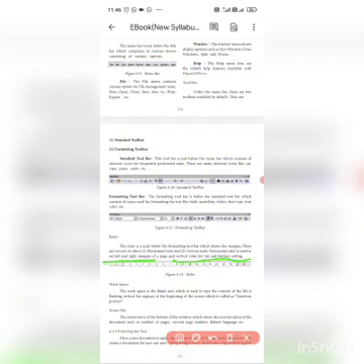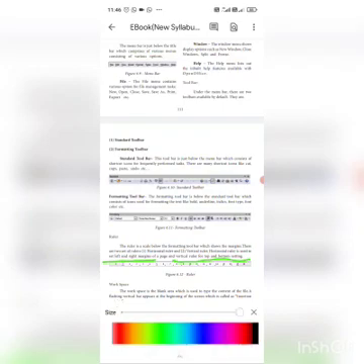Okay students, now I will teach you the workspace. Workspace means the blank area, the white colored paper. That is called the workspace area. In that workspace area, there is one dark flashing bar.